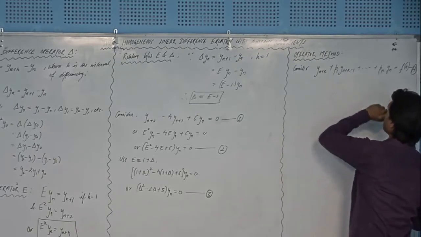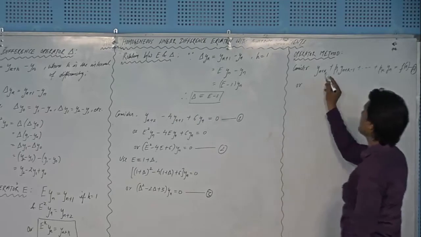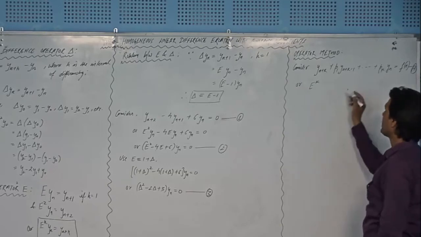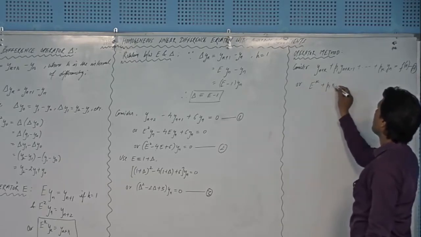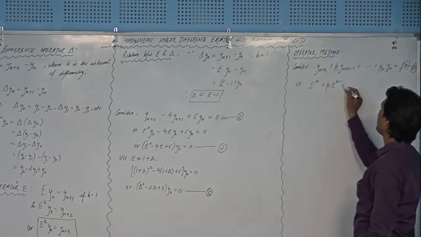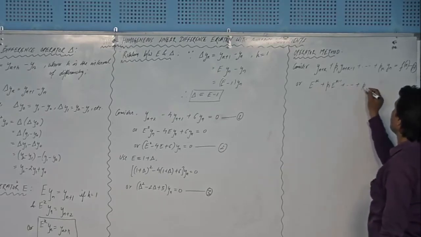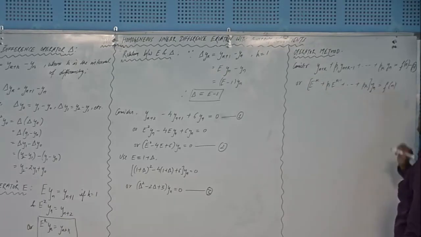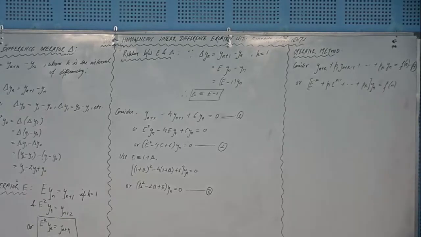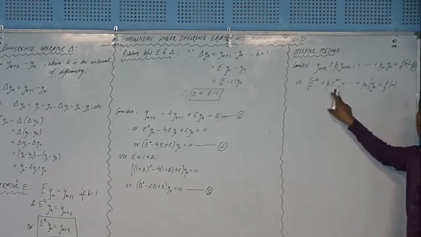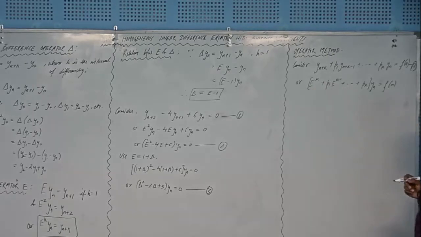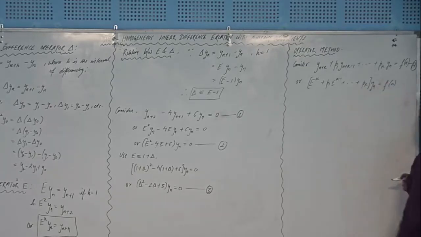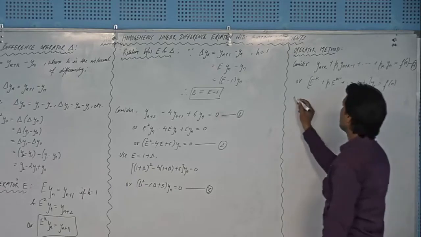It can be written as follows: take this k in the power of capital E, and here I will have yn, plus p1 times E to the power k-1 and then yn, and so on. The last term will be only pk, and outside we have yn equal to fn. So the original difference equation has been converted in terms of the capital operator E. And now the homogeneous solution can be found by equating this to 0. And to find the particular solution,